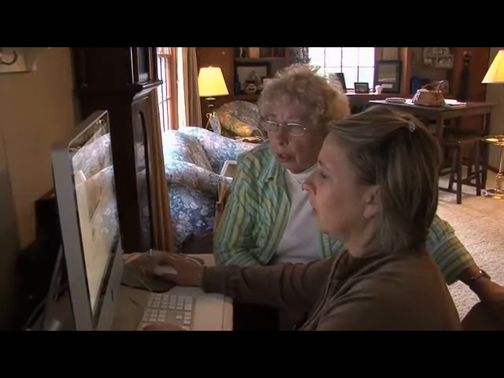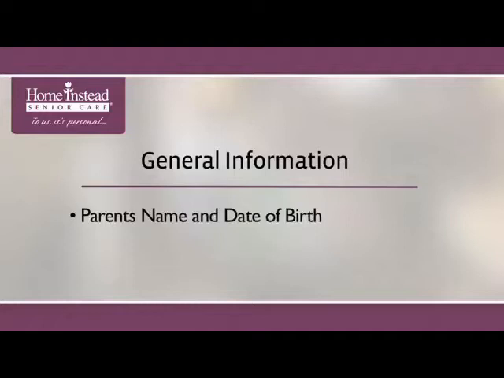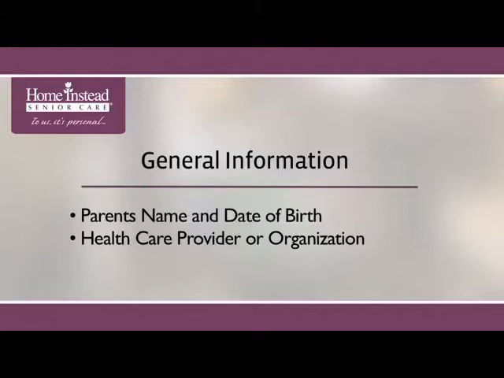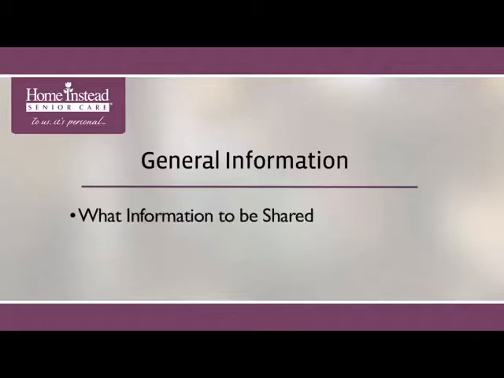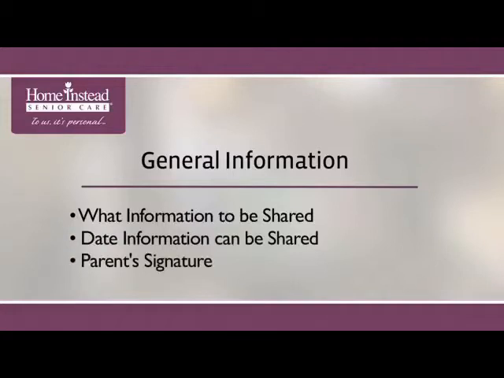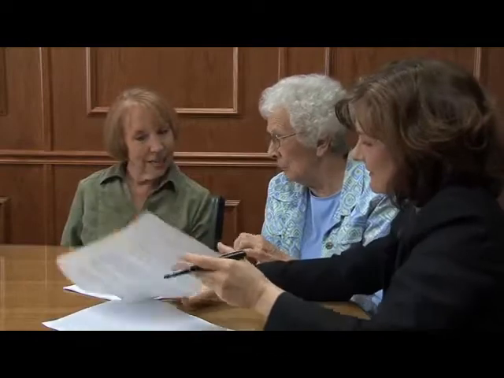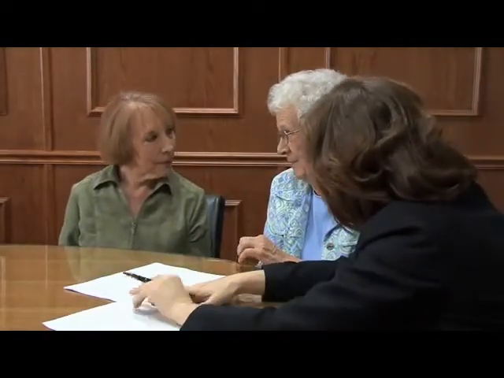In general, the form should include the following information: your parents' name and date of birth, the name of the healthcare provider or organization who is releasing the information, the name of the person, such as yourself, with whom the information can be shared, what information your parents wish to share, the dates when the information can be shared, and your parents' signature. Do let your parents know that these permission forms can be canceled by them at any time